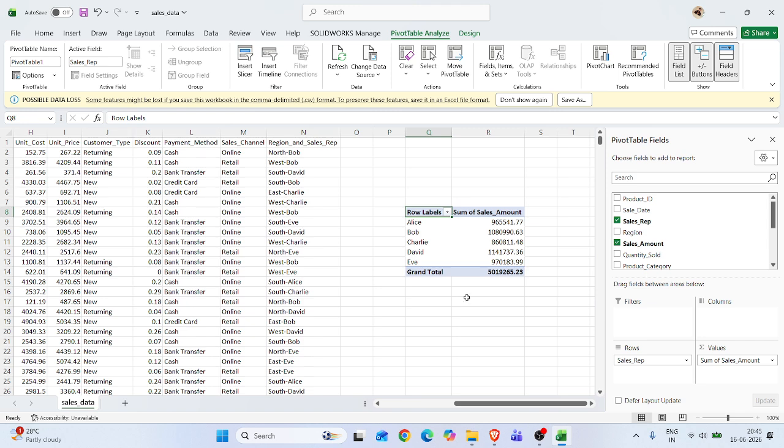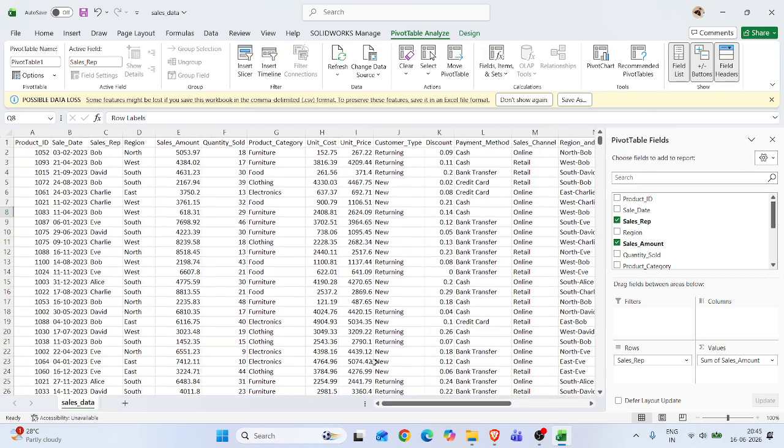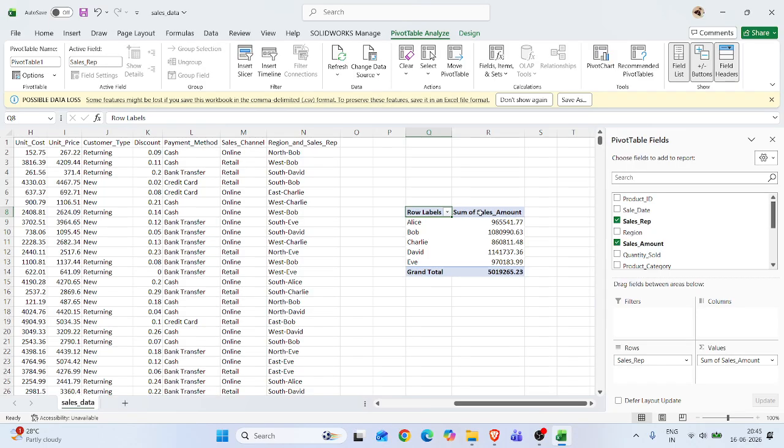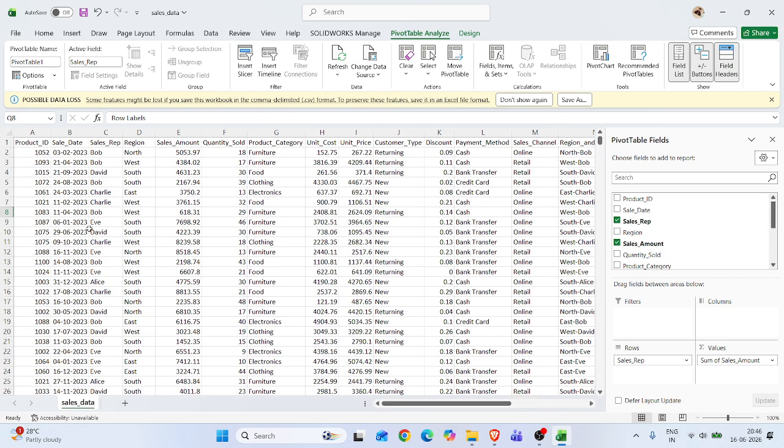So here what inference we will get: the sales representative initiated a sales amount of like 9,65,541. Similarly, 10 lakhs, 8 lakhs, 11 lakhs, 9 lakhs. This is a pivot table, and this type of table we can do from selecting